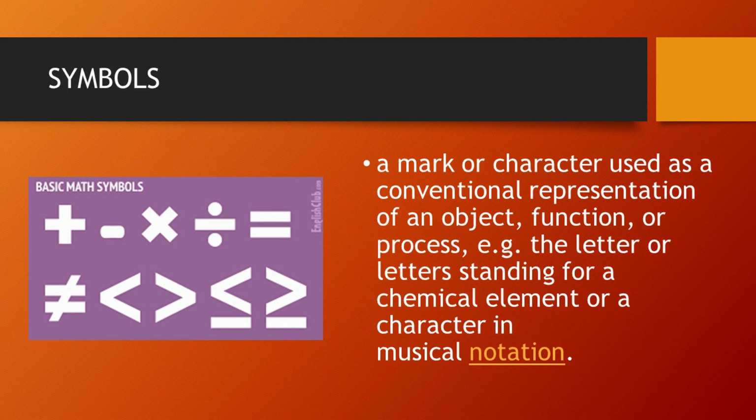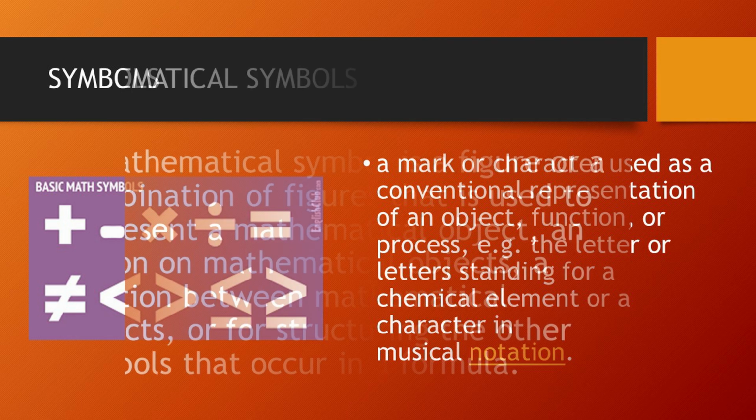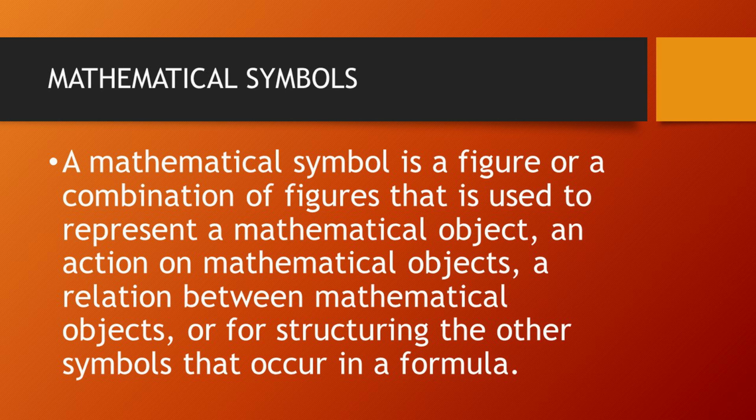Symbols. According to Google, a mark or a character used as a conventional representation of an object, function, or process. Example, the letter standing for a chemical element or a character in a musical notation. And next, mathematical symbols. A mathematical symbol is a figure or a combination of figures that is used to represent a mathematical object, an action on mathematical objects, a relation between mathematical objects, or for structuring the other symbols that